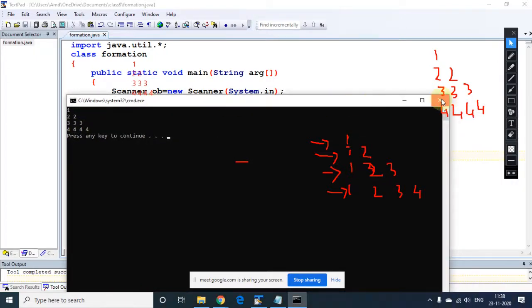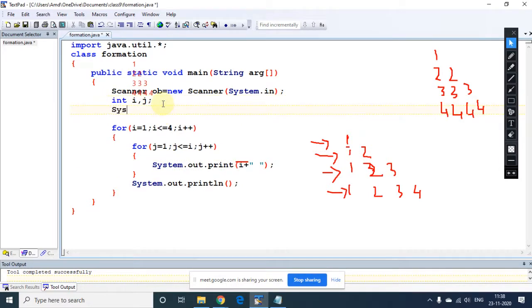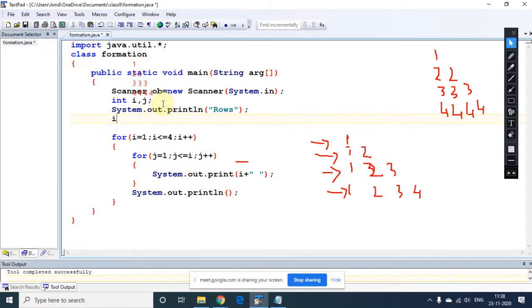And one more thing, in the same question, you can ask the user to enter the number of rows and take input for that, like n is your number of rows. So now instead of 4, just use this. And now while executing, please try to understand, there is some error.